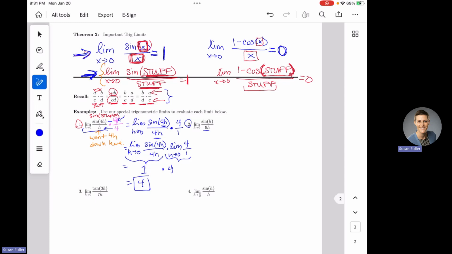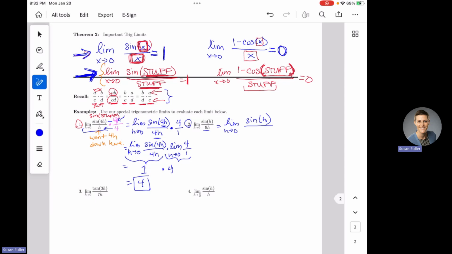So we are going to let whatever is inside our sine function lead the way. So I'm going to reorganize here a little bit. And I want the sine of h, right? I can't mess with what's inside my sine function. Nothing in, nothing out. So I've got the sine of h. So to use these, the sine of my stuff has to be all over that same stuff.